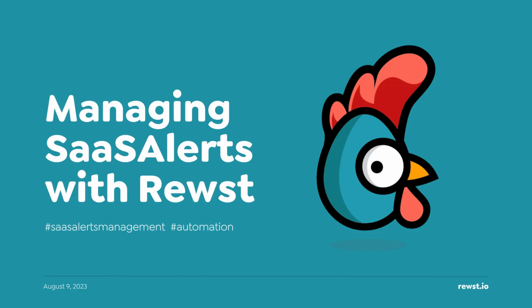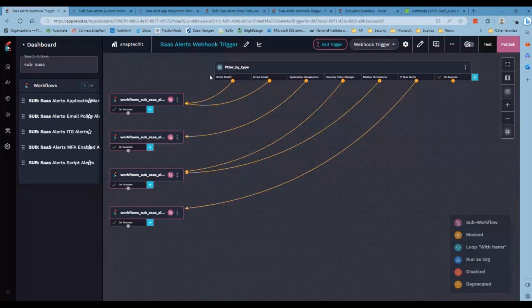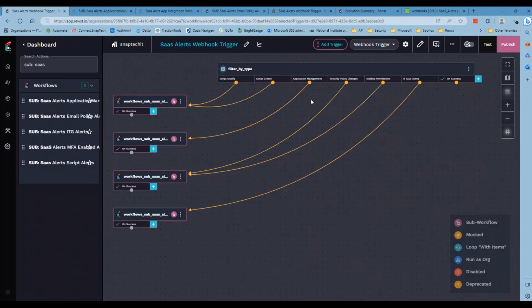So we just set up webhooks. They have alert webhooks or event webhooks that you can subscribe to. So we set those up. We only have it for a couple of alerts right now because we're just getting started with this. So when the alert triggers, a ticket's created with the built-in integration with Manage that they have, and then a webhook triggers this workflow,